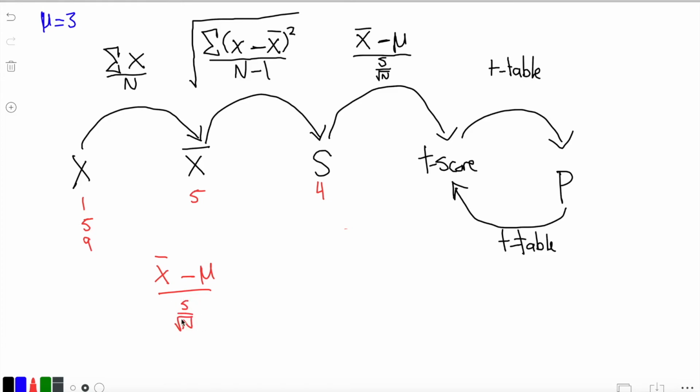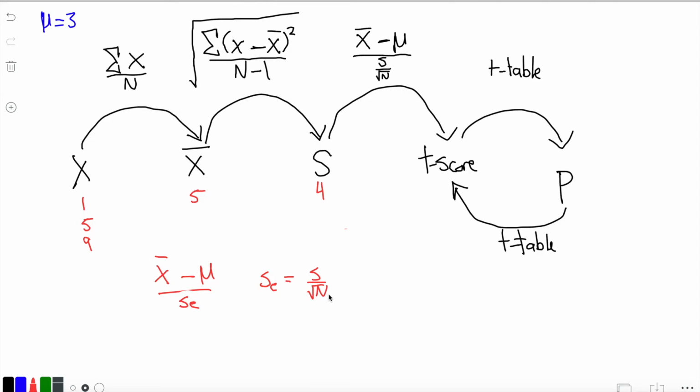Now, this part here can be confusing for some people, and some professors rather write it out like this, standard error. And then they'll give you this equation separately, and then simplify this equation by doing this. So now you have your mean minus your mu divided by your standard error,